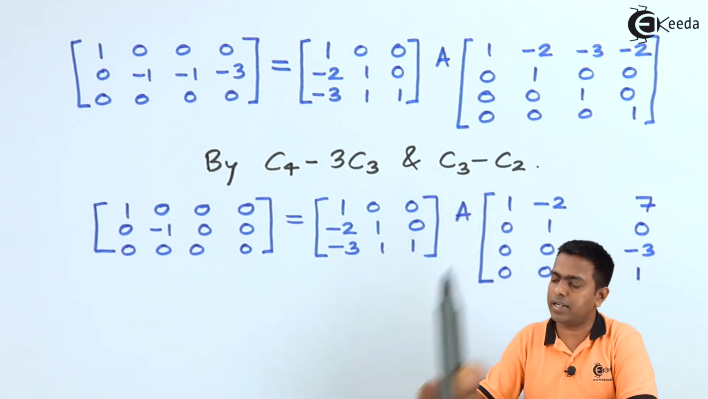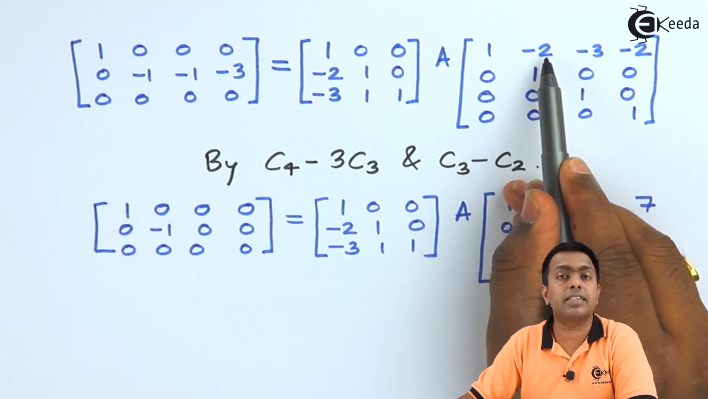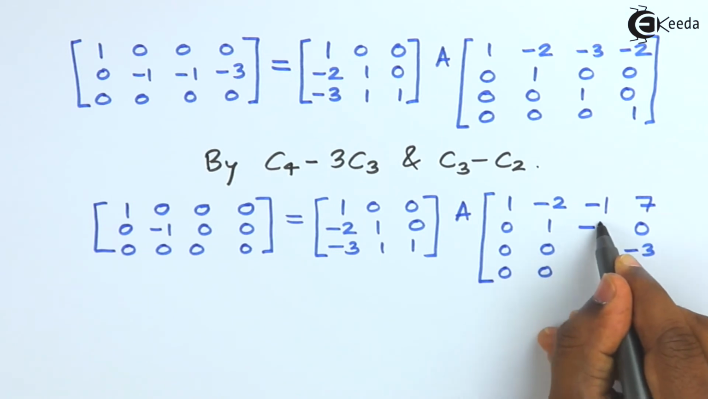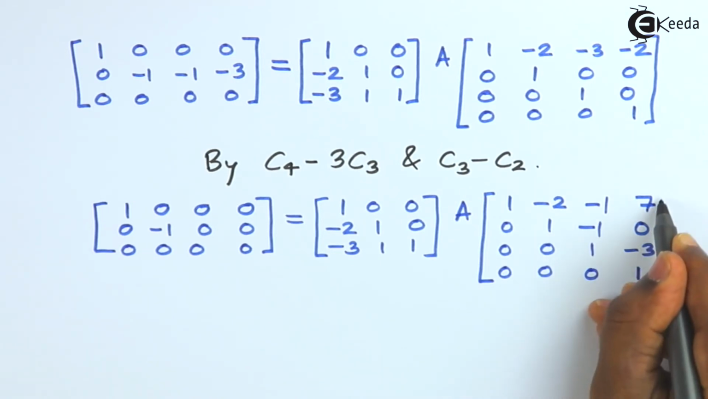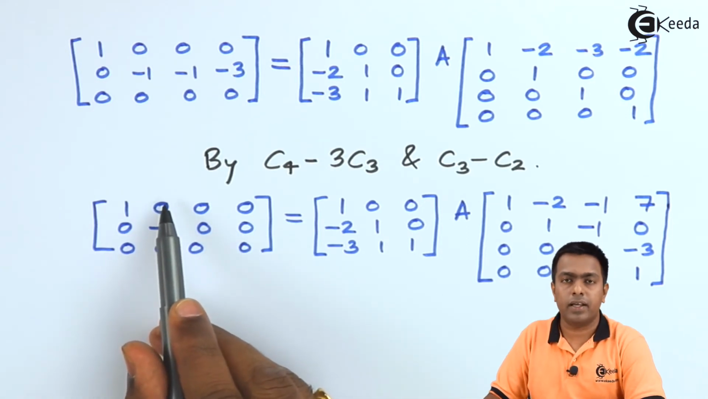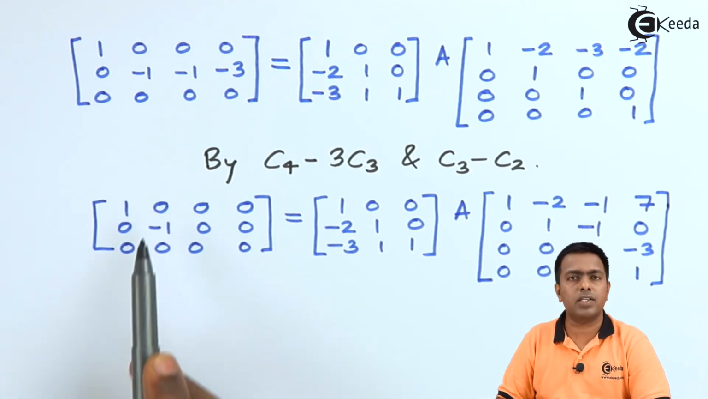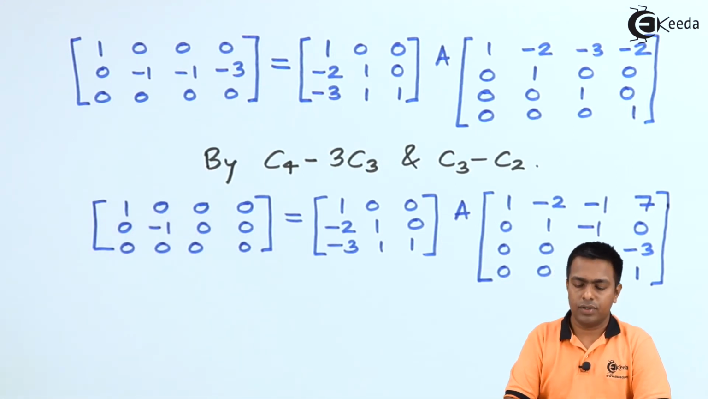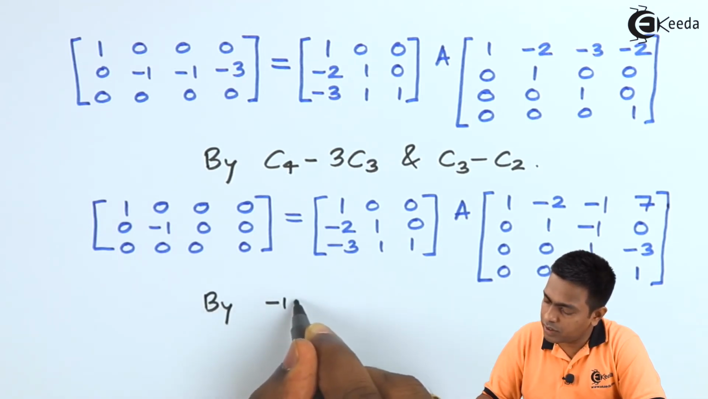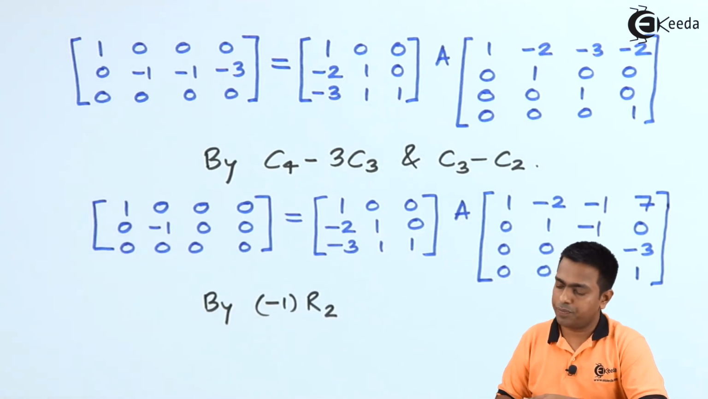Next we'll do C3 minus C2. So this is C2. So minus 3 minus 2, that is minus 1. Here we'll get minus 1, 1 and 0. And now guys, the last step, here we'll multiply this row by minus 1, or you can multiply this column by minus 1 to bring 1 over here. So here I'll say by minus 1 into R2. So we'll get